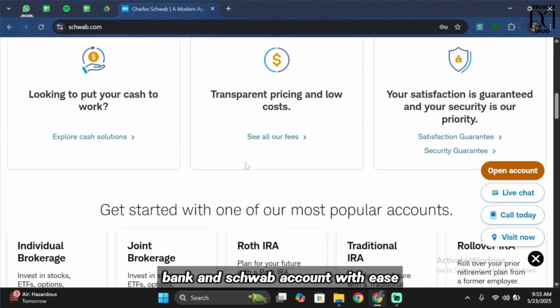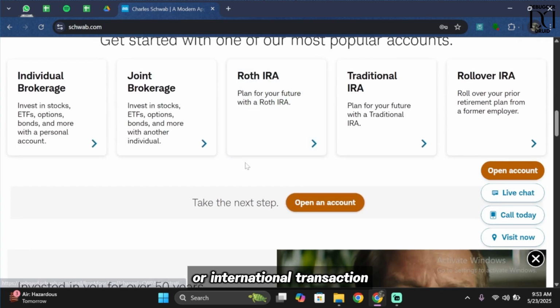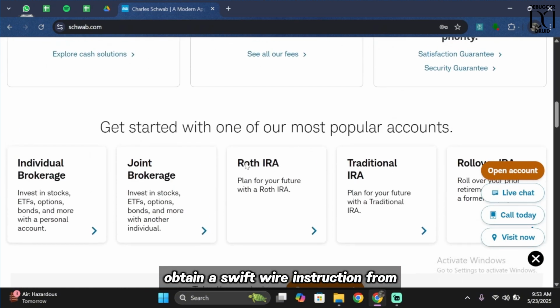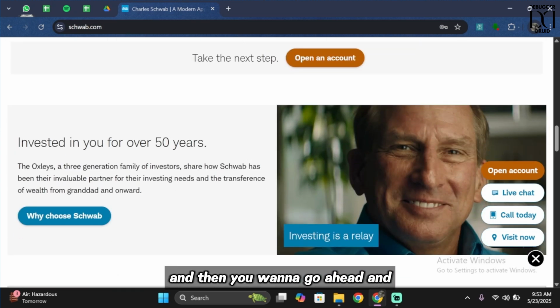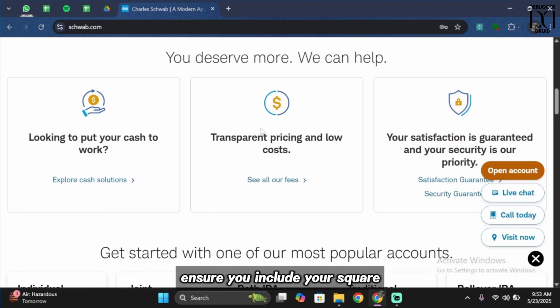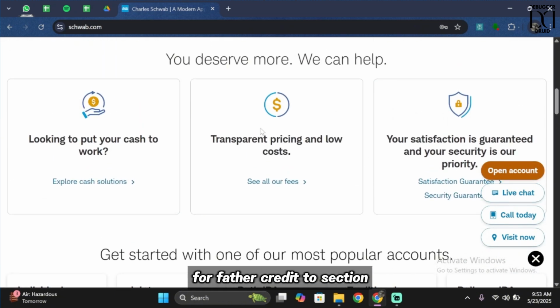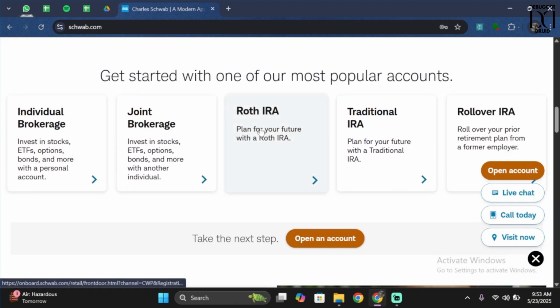Schwab account with ease. Now for faster transfers, especially for large amounts or international transactions, consider a wire transfer. Obtain the Schwab wire instructions from your account under Move Money, and then provide these details to your bank to initiate the wire transfer. Ensure you include your Schwab account number and name in the For Further Credit To section. A wire transfer may incur fees and is typically processed within 1 or 2 business days domestically, or 5 to